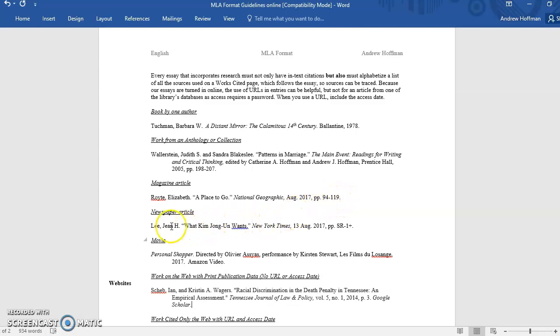Very similar system for a newspaper article. Author, title, periodical, in this case it's the New York Times, comma, date, which is now a very specific date, 13th of August, 2017, comma, page numbers, and then we have, as happens sometimes with newspapers, the letter number system. Also, you see that plus sign after the number 1. That plus sign is to